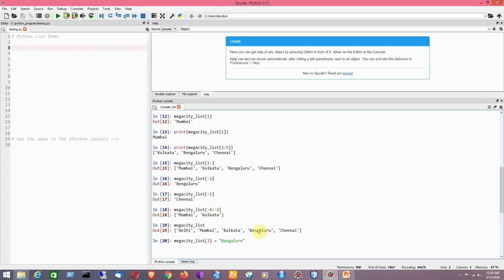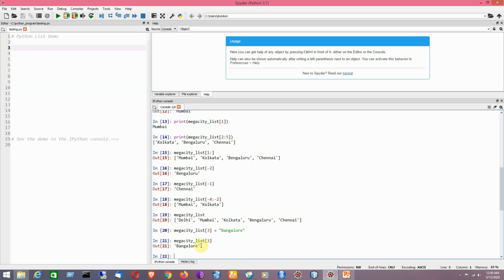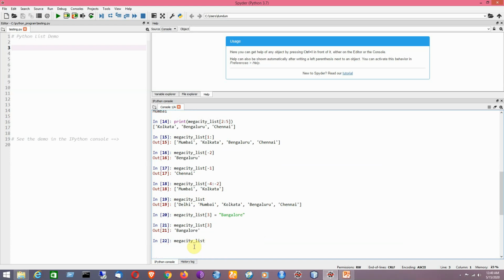So the value at the third position is Bengaluru. Now after executing this statement, if I print this value, say megacity list 3, it will now show Bangalore. That means the value has been changed in the main list. Clear? Now I would like to print it as a list.